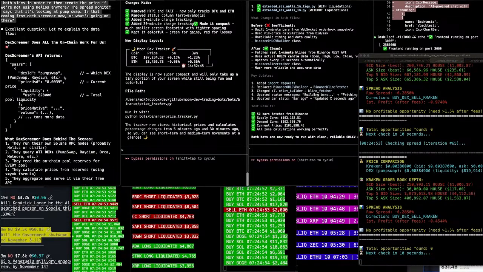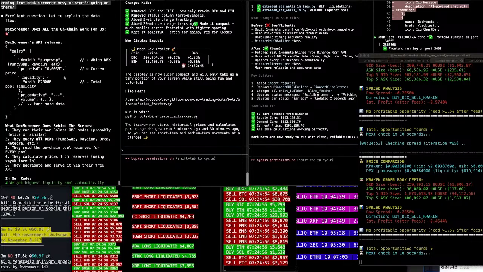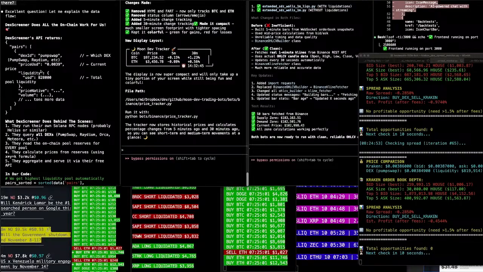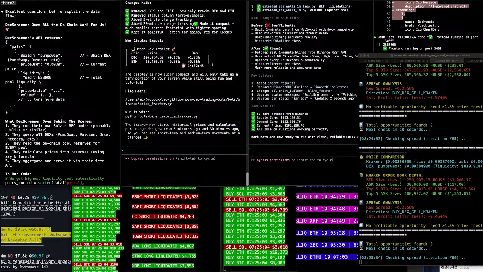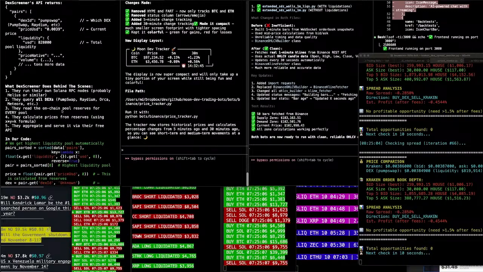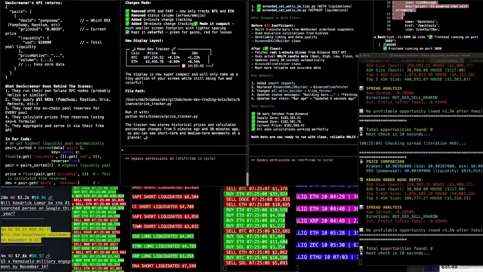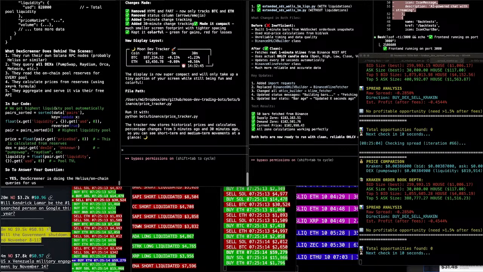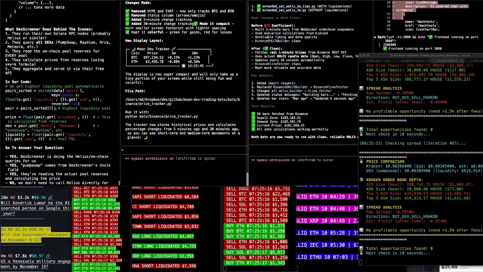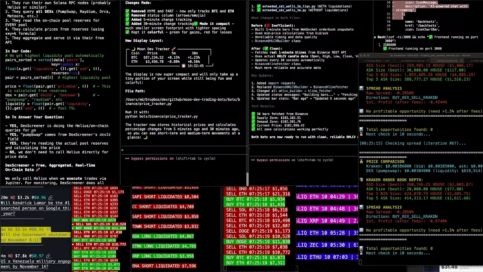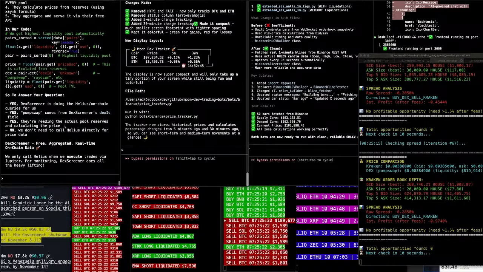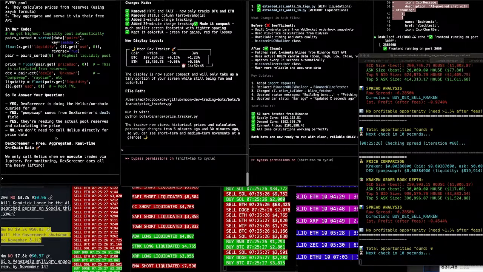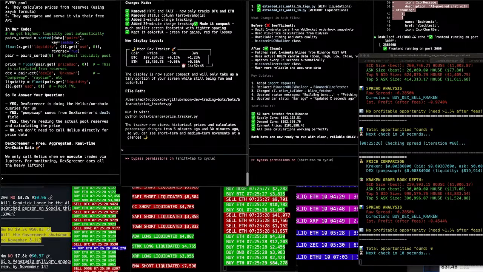Excellent question. Let me explain the data flow. Okay, so Dex Screener does all of the on-chain work for us. Oh, okay. So it gets the PumpSwap liquidity. What Dex Screener does behind the scenes, they run their own Solana RPC nodes, probably Helios or similar. They query all dexes. Okay, they read on-chain. In our code here, to answer your question, Dex Screener is doing the Helios on-chain queries for us. Yes, PumpSwap comes with the Dex Screener dex ID. They're reading the actual pool reserves and calculating the price. No, we don't need to call Helios directly.